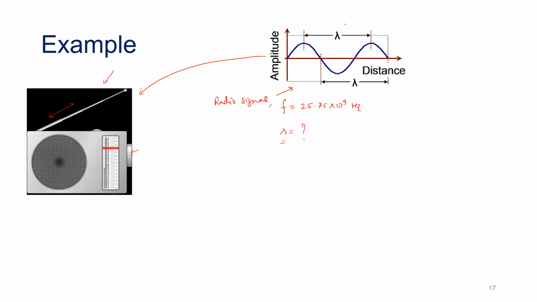So we know what the wavelength is here. From one peak to another peak, we have this lambda, which is the wavelength. So how do we calculate that? We know that lambda equals c over f. So that's the relation. Plug in the value of c, which is exactly 2.9979 × 10^8 meters per second, divided by the frequency, about 25.75 × 10^9 hertz, and that comes out to be